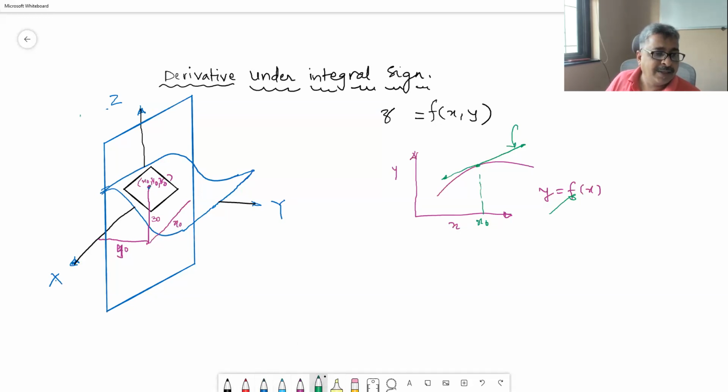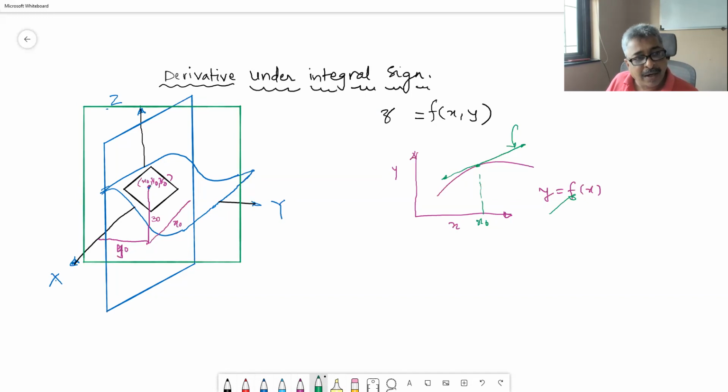This is the plane which is parallel to yz plane but passing through this point, and similarly there will be a plane which is parallel to